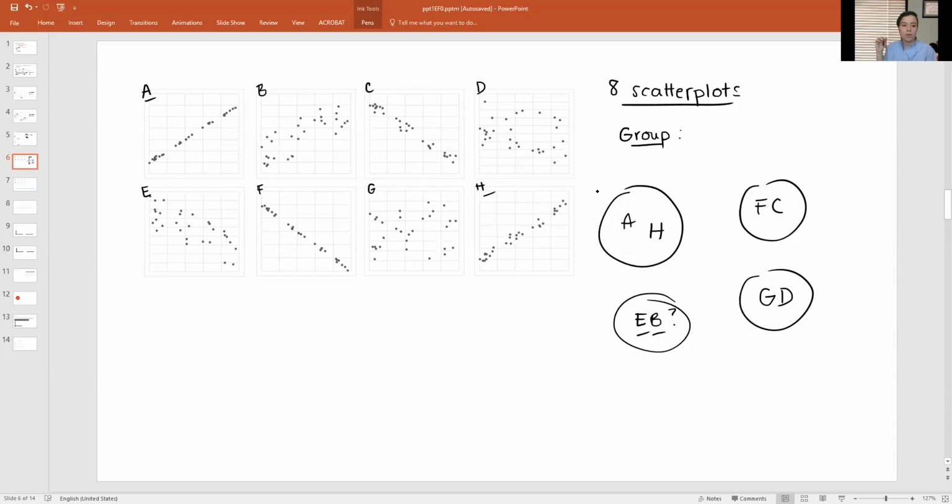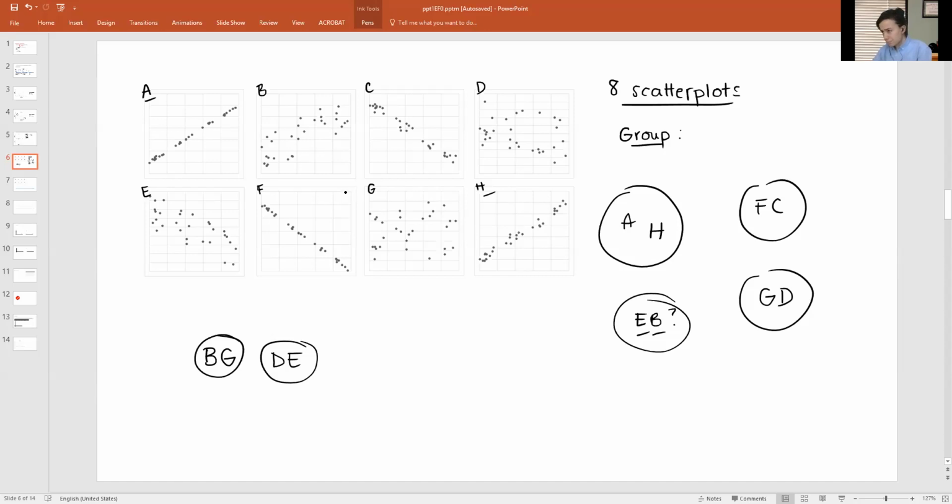Did anybody come up with a different grouping for the terms? I put B and G together and D and E together. Why did you do that? Well, for B and G, I deem them as both weak and positive, and for D and E, I deem them both as weak and negative. Okay, so that's good. Yeah, so then here you had both strong and positive, that would be A and H. And then what Alex is saying is